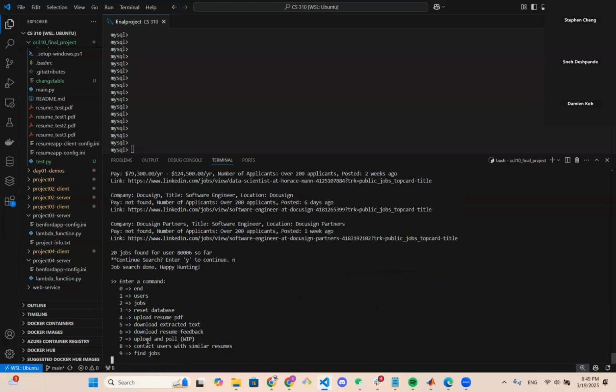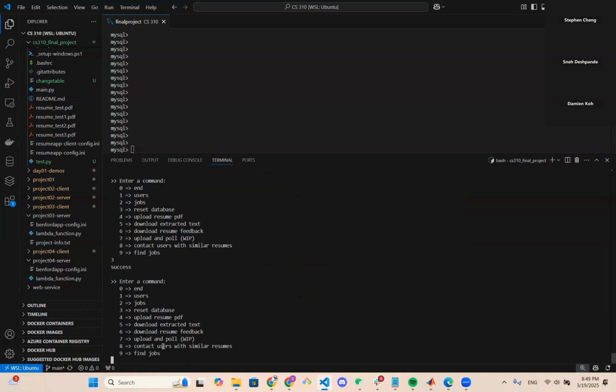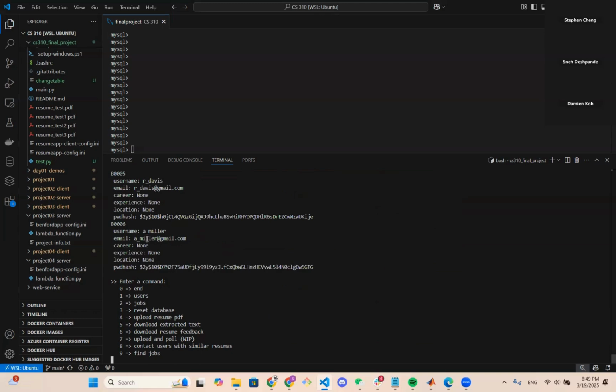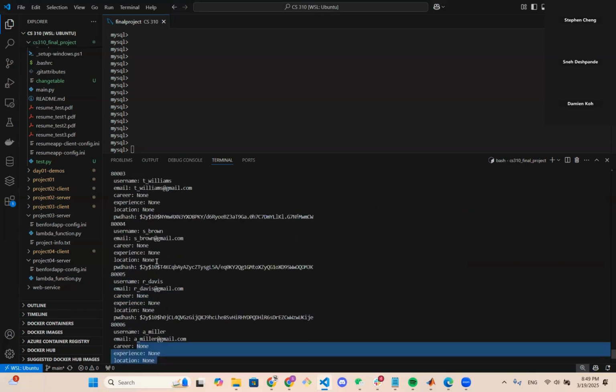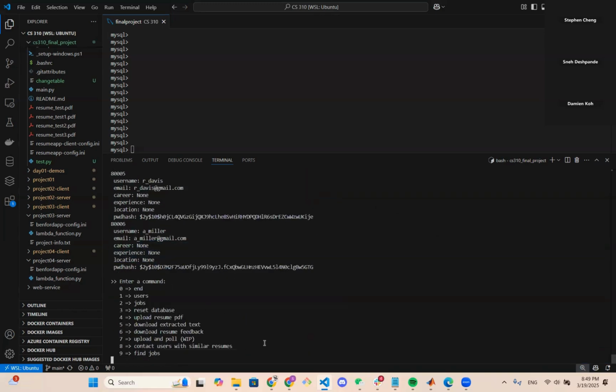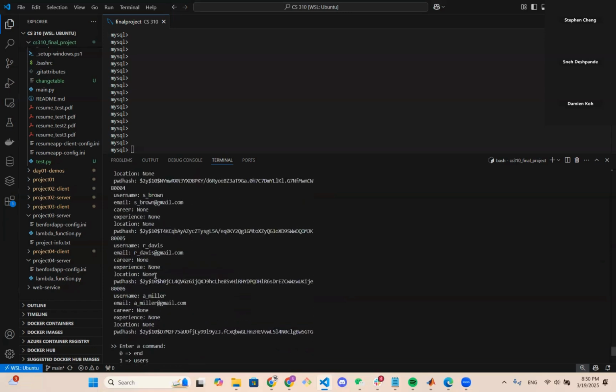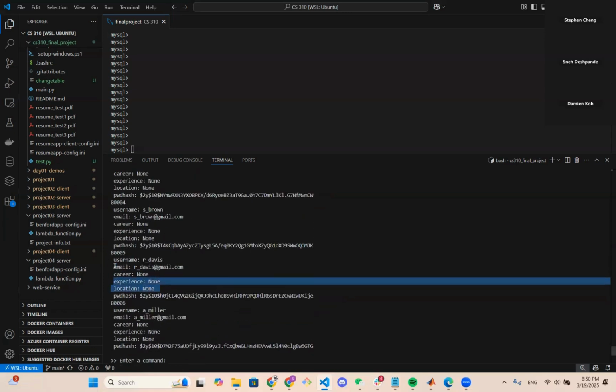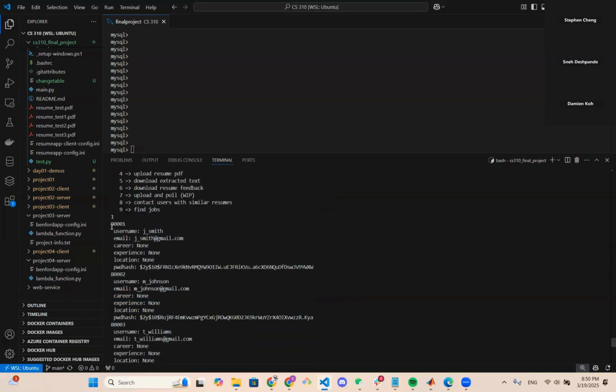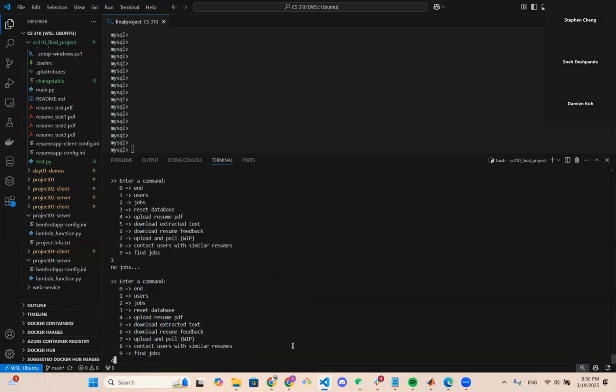Okay, so after that, let's say we're done with the application web service and we want to reset everything. We can also reset the database with number 3. You can see that we reset all the users so that their career, experience, and location are none. And the jobs are empty. And just one more thing to showcase how this information about career, experience, and location gets modified. If we upload a resume for user 80001,